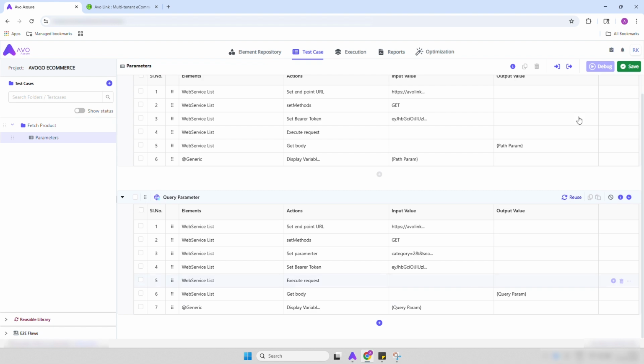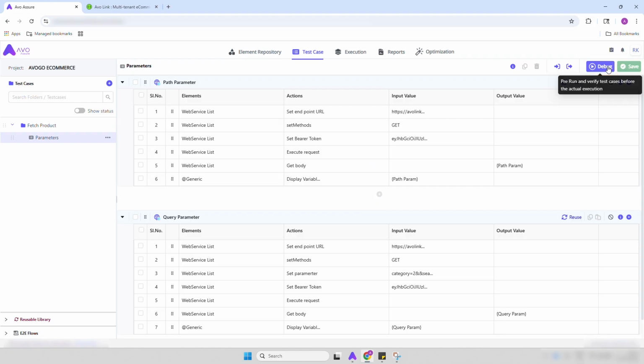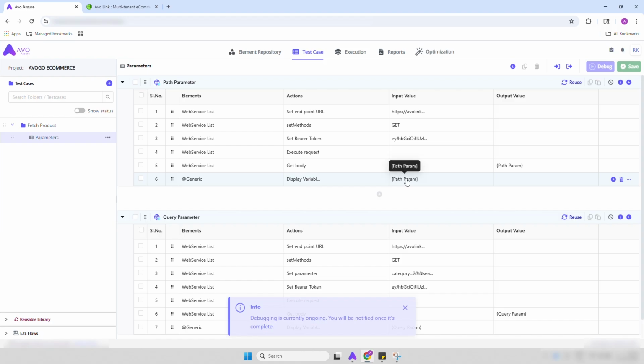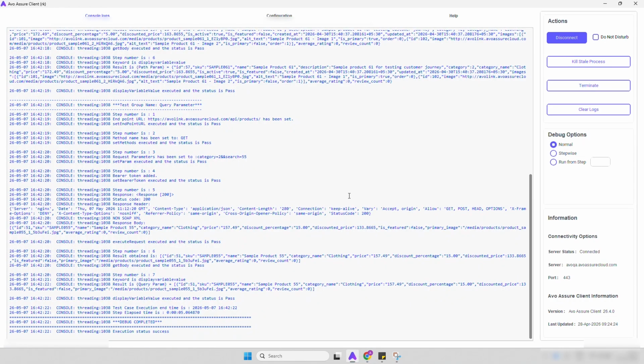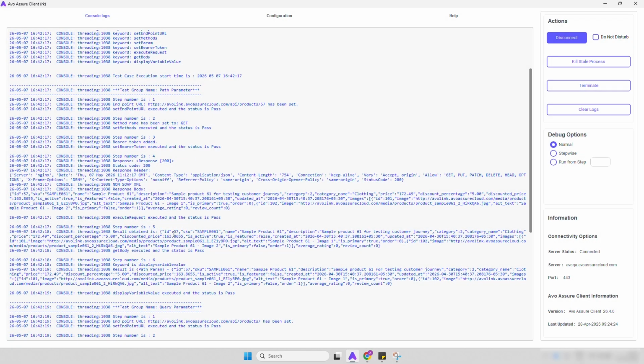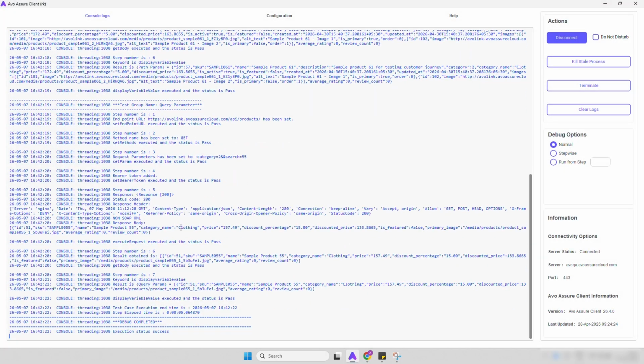Now I'll save the test case and I'll click on debug. The debug has completed successfully. For path parameter, we have fetched the ID 57 and the response is 200. Similarly for query parameter, we have provided the query and we have provided the parameter 55. So based on that, we have fetched the response